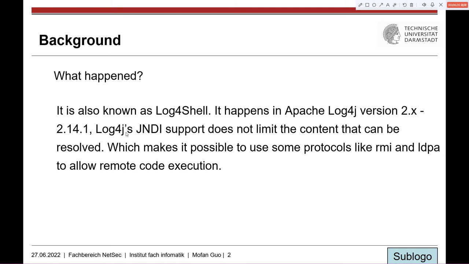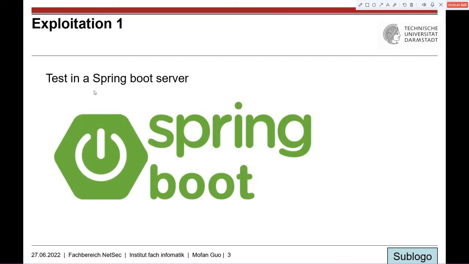2.14.1. Log4j's JNDI support doesn't limit the contents that can be resolved, which makes it possible to use some protocols like RMI and LDAP to allow remote code execution. Today I'd like to do two exploitations. First is a test in a Spring Boot server, and